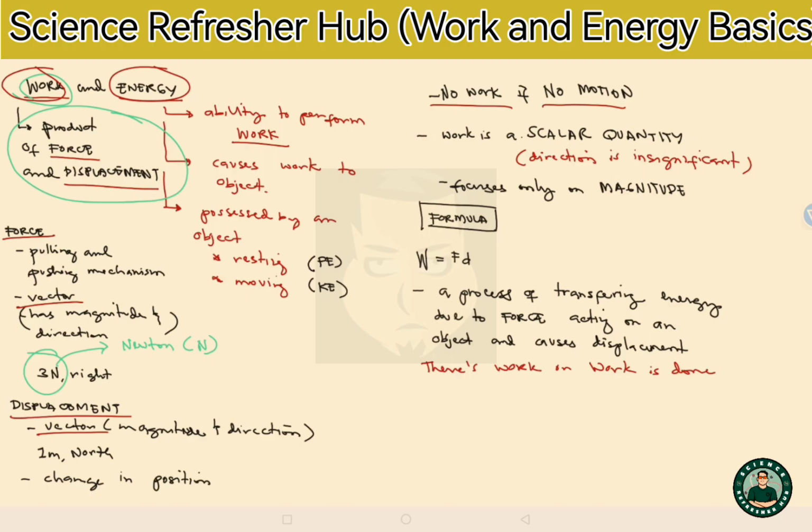Work is done if we go back to this definition, when there is a transfer of energy due to force, and then that force is acted on the object, and then the object moved from one point to another. Meaning to say, there's work or work is done when energy is transferred to the object because the force transfers the energy to the object, and then that object moves from one point to another, or it has displacement,